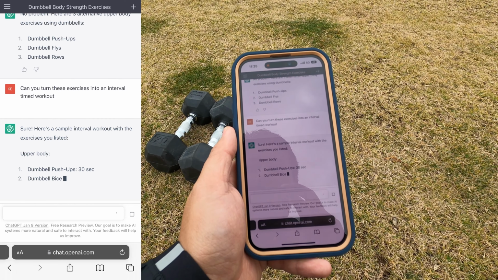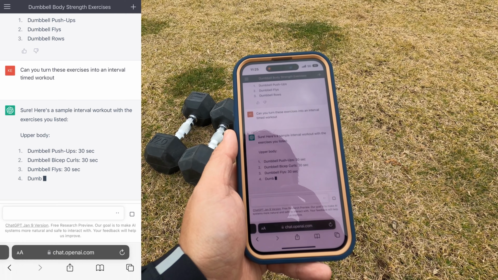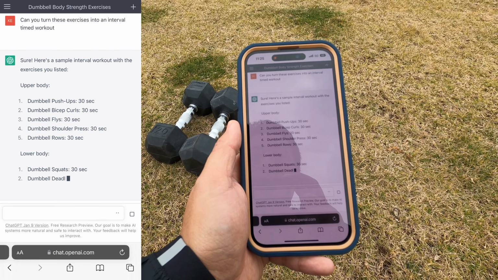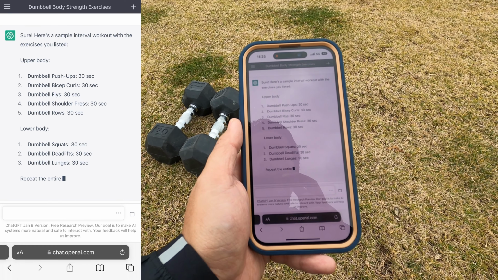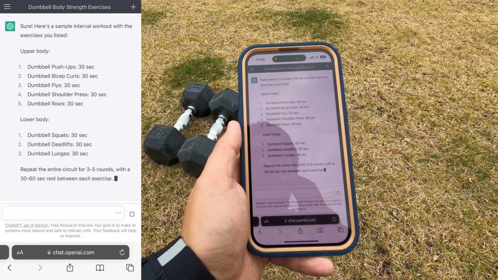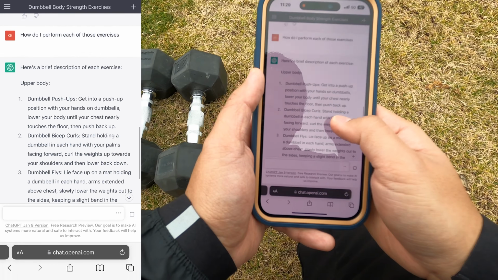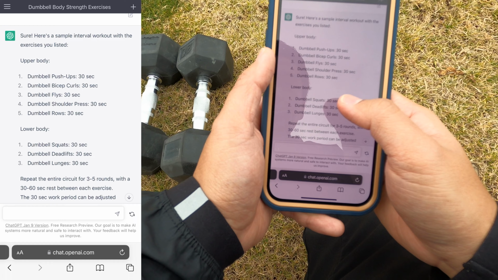Dumbbell push-ups, 30 seconds, dumbbell bicep curls, dumbbell flies, dumbbell shoulder presses, dumbbell rows, 30 seconds, lower body dumbbell squats, dumbbell deadlifts, dumbbell lunges. Repeat the entire circuit for 3 to 5 rounds, so 30 to 60 seconds of rest between each exercise. Cool. I only asked for 3 upper body and 3 lower body exercises, so I'm gonna say,